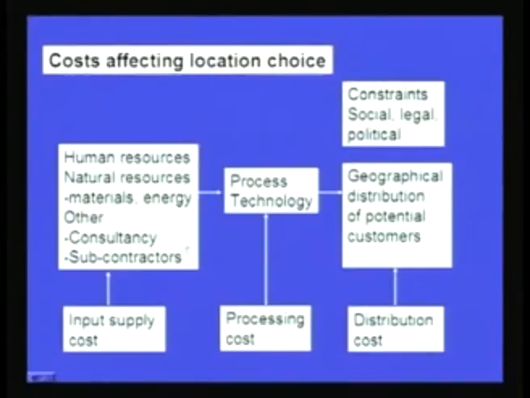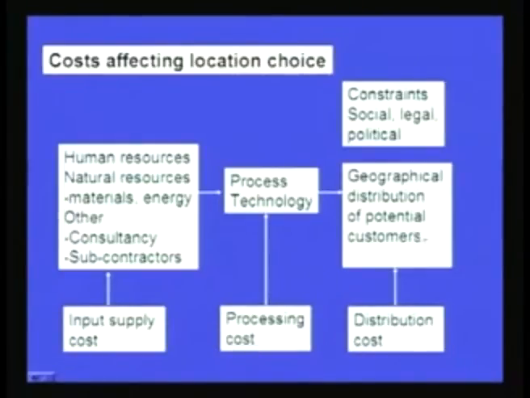So some cost would be involved at this level of the transformation process, or this would add up to a particular cost. Then we have the process technology, or we have certain set of machines which are transforming the raw material or the input into the final product. So certain money would also be required at this particular point. So what is the money that is required? That is the processing cost. So some cost is involved in transforming the raw material from here to the final product for the distribution or for the customer. So there would be some processing cost also involved.